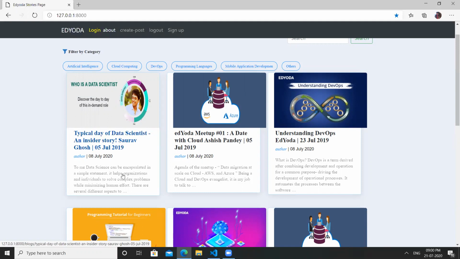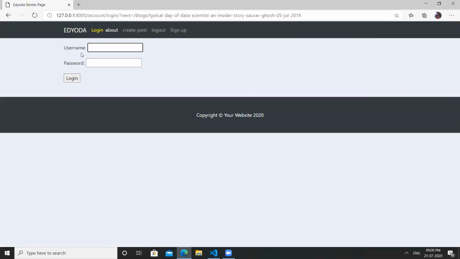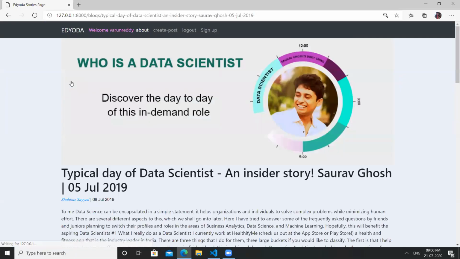To see the overall content of this project, you can click anywhere on this blog, and it asks for a username and password. If I am an authenticated user, and I already have an account in Adoda, I can log in with my account ID so that I can see the total content of this post.